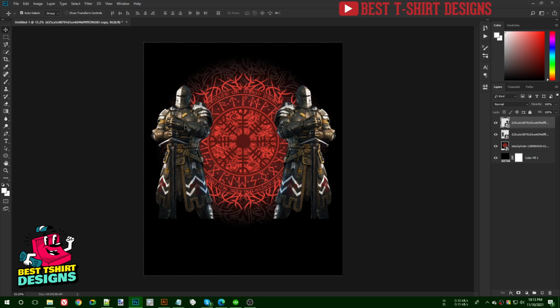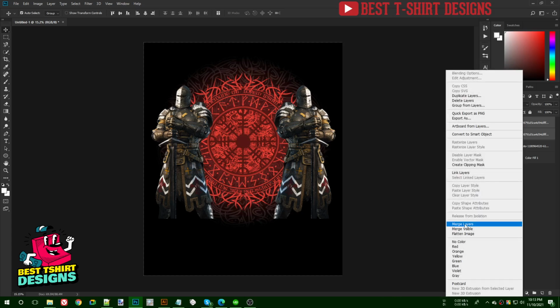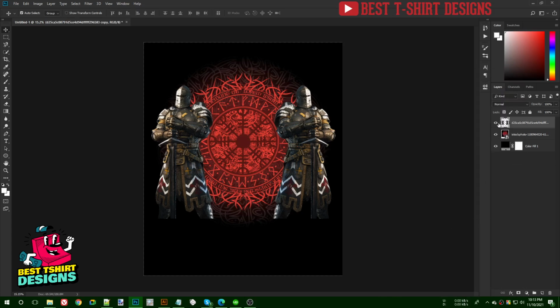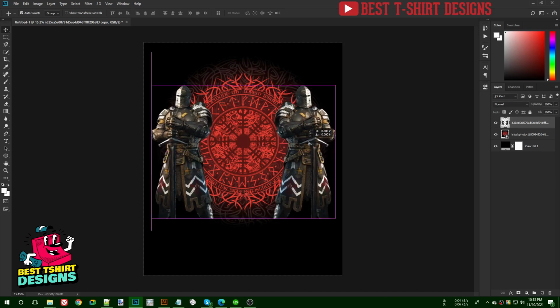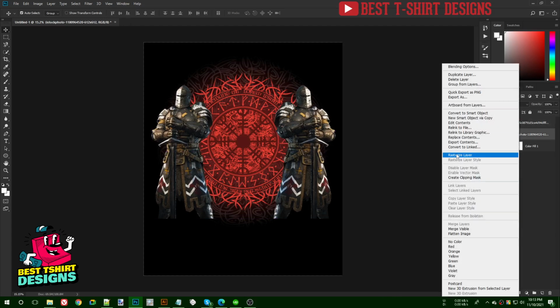So I'm going to press shift to click on these two, and those two layers are being selected. If I click here, that layer is being selected. If I click here, it is selecting that layer. And if I press shift and then click on another layer, it is going to select multiple layers. So once it is selected like this, I am going to right click and rasterize layers, and then right click and merge layers. This is how I want them to be. I want them to be one single layer. So you can see now they are acting as one image. That is fine.